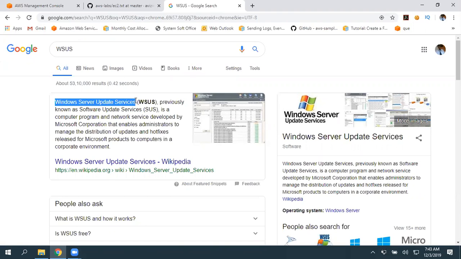Second one: you want to install an application on all your 100 or 500 or 1000 EC2 instances. Simply navigate to the Systems Manager service and select all your instances by using a tag or by manual option also. Then you can give that MSI file path or .exe file path, and install that.